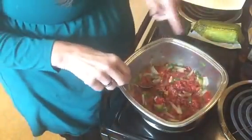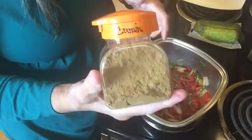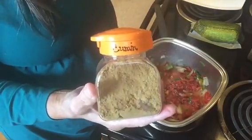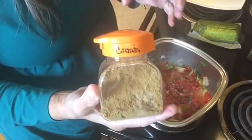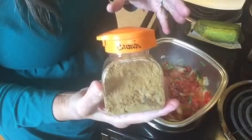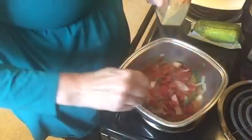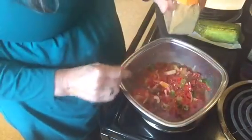And then to this mixture, we're going to add our seasonings. And here is cumin. And if you go to buy this in your Dollar Tree, mine was not with the bottles of seasoning. It was in just a clear bag with a paper label. So if you go to look for it, they may not have it with the regular seasonings. But anyway,